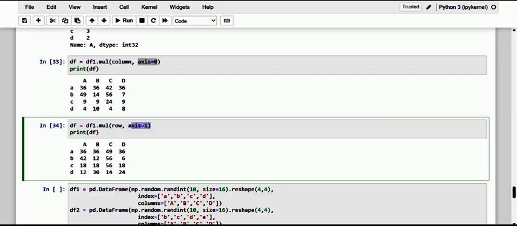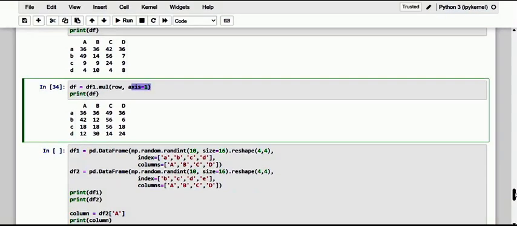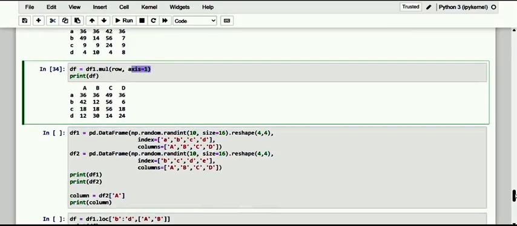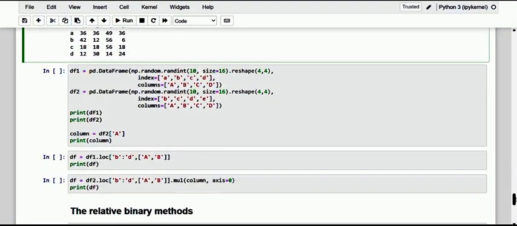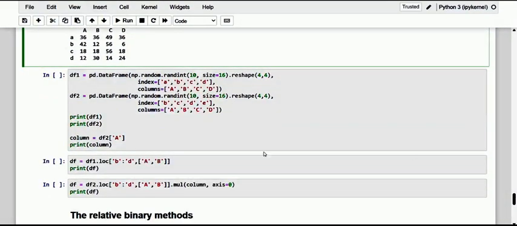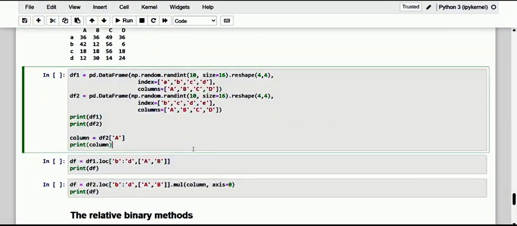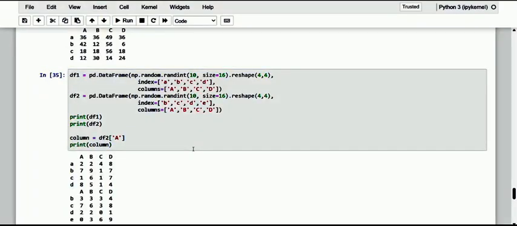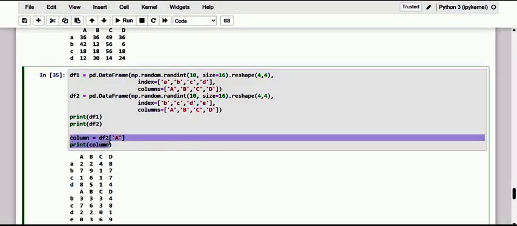Now let me make the same arithmetic operation between subsets of different data frames, not the same data frame. So here I'm going to give 2 data frames. Let me have data frame 1 and data frame 2 here. Let me extract a column of data frame 2, A. So how is this happening?